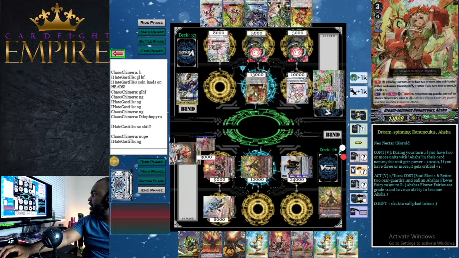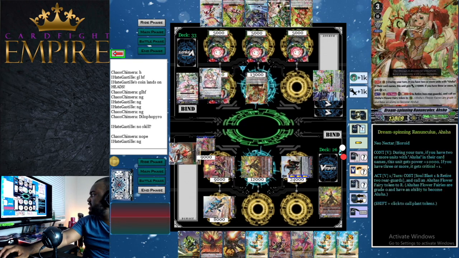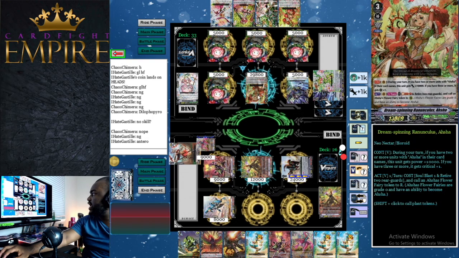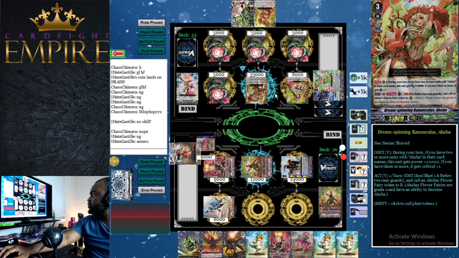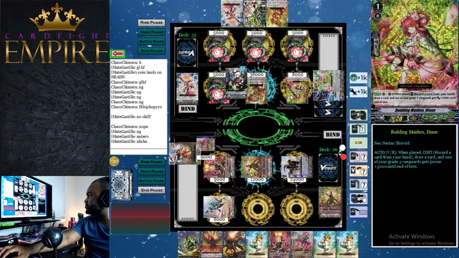So our opponent rides Dream Spinning Ranunculus Asha. And then he uses Sella to get 2 plant tokens, and then uses Antero to add plus 20k to his Vanguard. So he's trying to burst us in this turn, which I knew wasn't really going to work out for him. So that's pretty much the point that I knew that I won the game, because with the resources that we have in our hand, we just can't possibly die, really. But